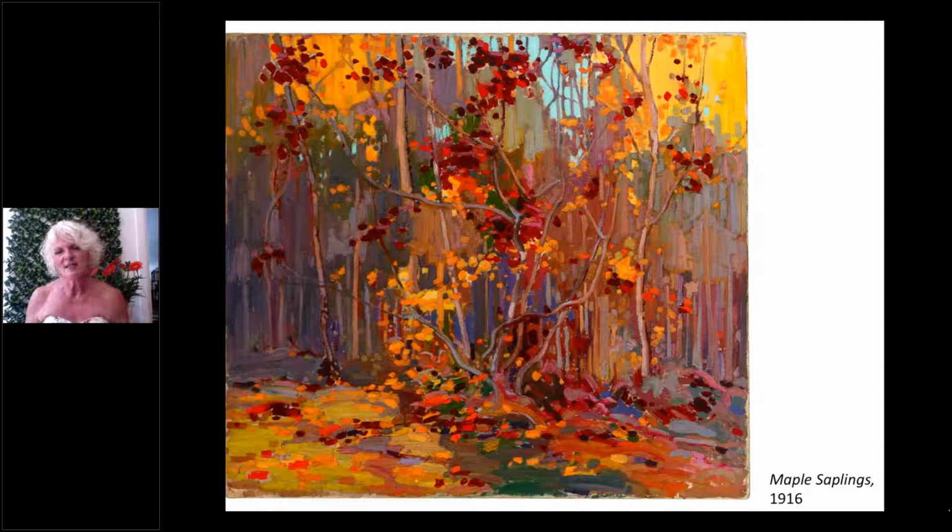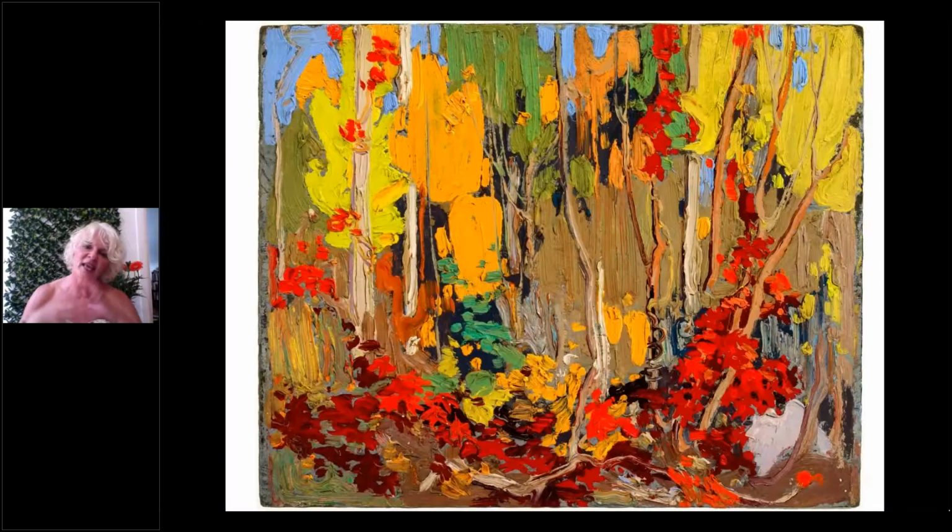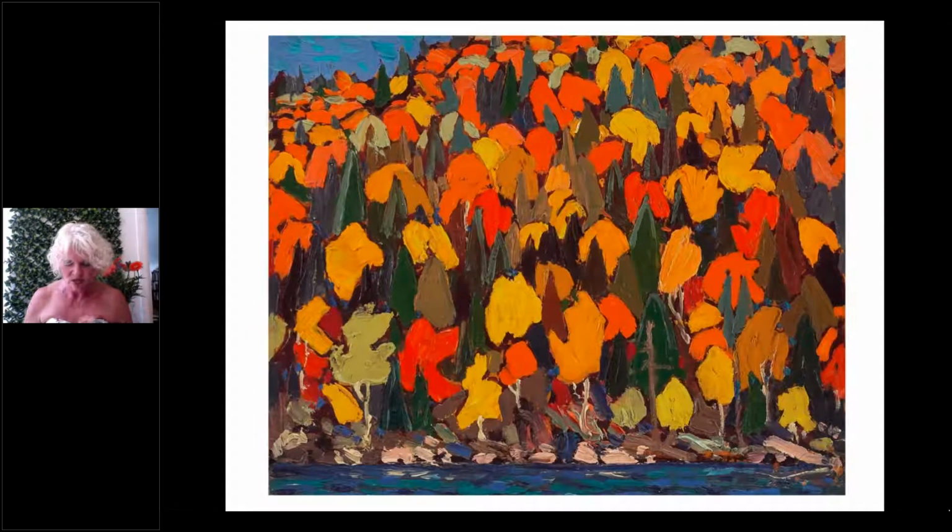Now, interesting, across his career and over time, he would get increasingly abstract. And something that we actually noticed with the Impressionists as well, it became more about the color than the specificities of the shapes of the trees. And we can even take a step further and look at this image, also interestingly called Autumn Foliage, and notice that no longer do we have the delicacies of the pines on the trees, but instead we have just pure celebration of shape and of color.